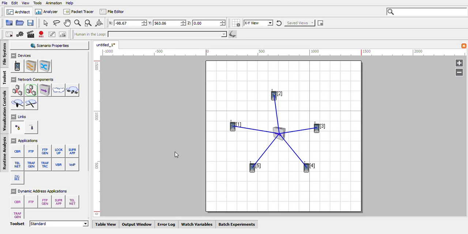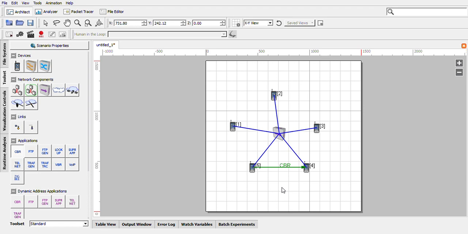Usually most of the time we will run a constant bitrate traffic application, as the name itself says, which will send the packets at a constant rate from one end to another end. If you want to run that application, again click on the device from where you need to start sending the packets, hold the mouse button there itself and release where you want to send the packets to. Now this link is not a link. Remember, this is an application which I'm running from node 5 to node 4, where in this case node 5 will act as a sender, node 4 will act as a receiver, and the application that I'm running between node 5 and 4 is constant bitrate traffic. Now almost I have done. So this creation is over.